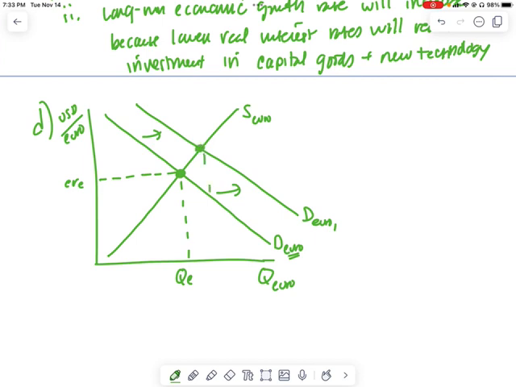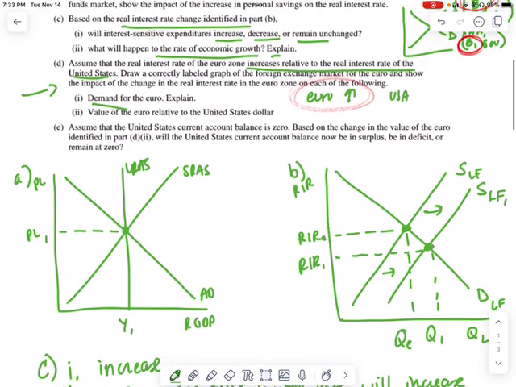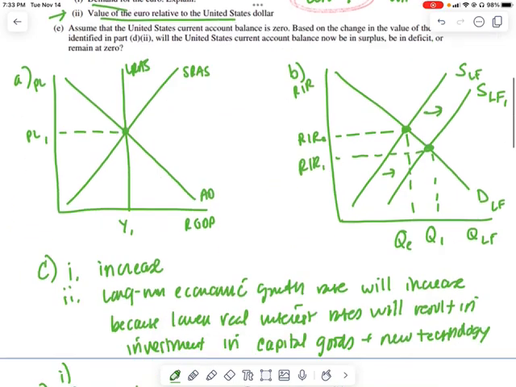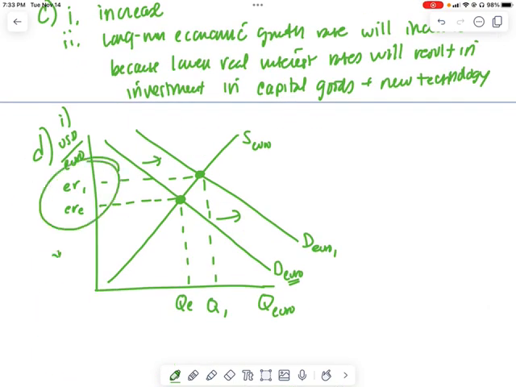And then we started with our basic foreign exchange graph. That's going to get us 1 point. And then we're going to shift that demand to the right. That's going to get us another point. That is part 1. And you'll notice part 2 is kind of weirdly written. It says value of the euro relative to the United States dollar. That's what you're showing on the graph. So part 2 is the actual graph, and part 1 is the demand for the euro will increase